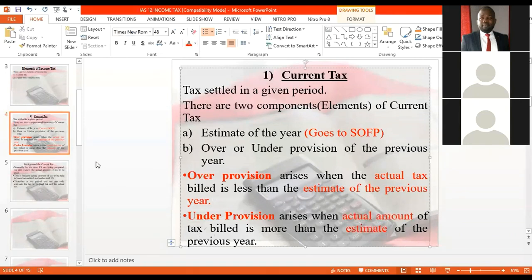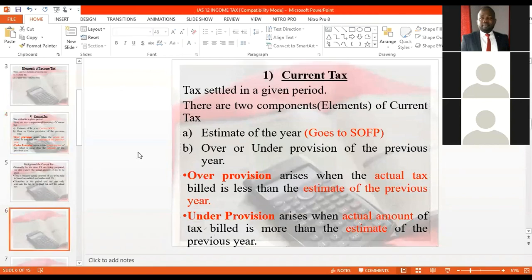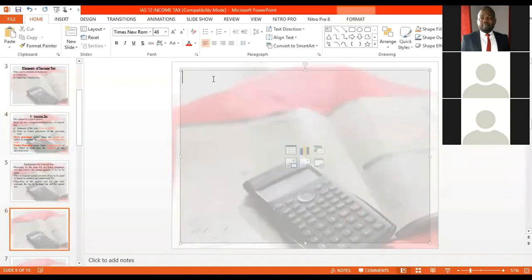However, I'll give you 2 alternative ways of getting it. So let's look at finding the current tax. Accounting for current tax. How do you account for current tax? So when you are accounting for your current tax,